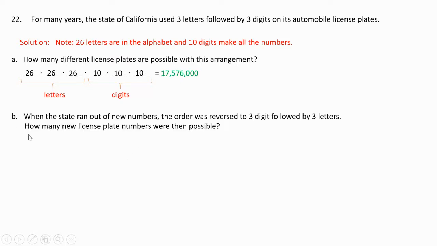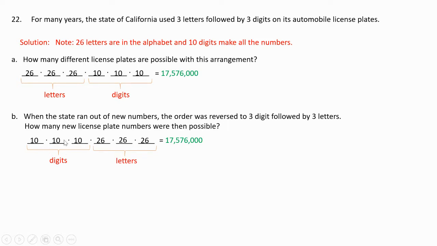Okay, now look at B. When the state ran out of new numbers, the order was reversed. You start with 3 digits followed by 3 letters. How many license plates are then possible? So the order was reversed: 3 digits followed by 3 letters. So again, it's going to be 10, 10, 10, 26, 26, 26. So the answer will be the same thing, because when you multiply,